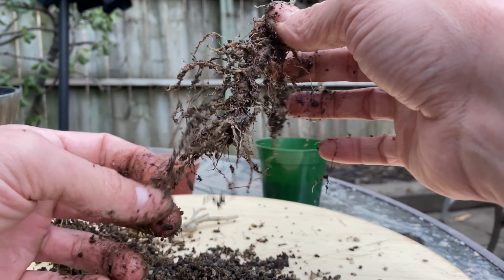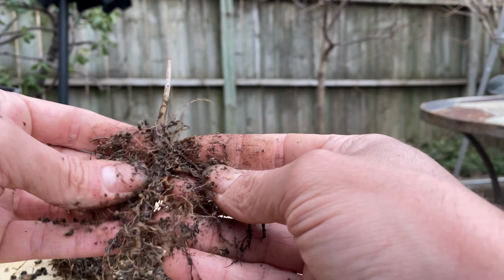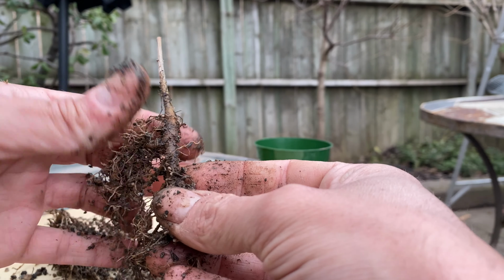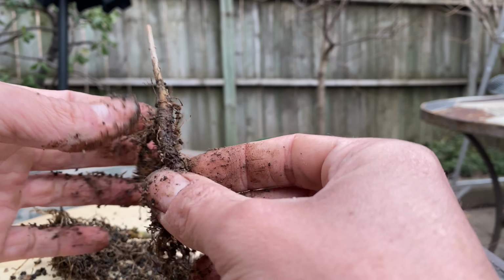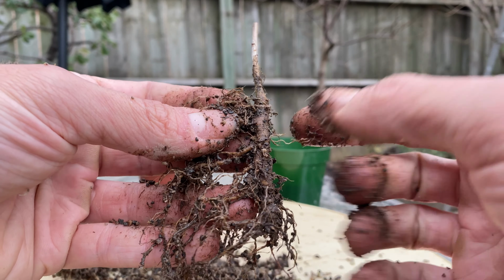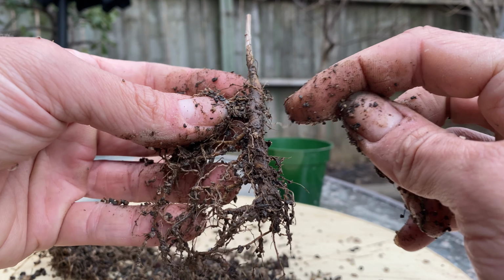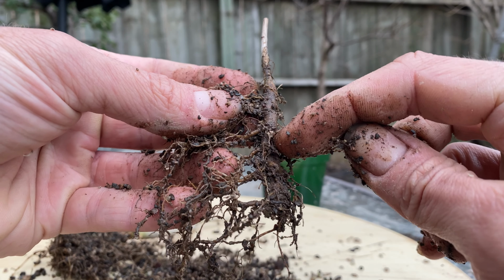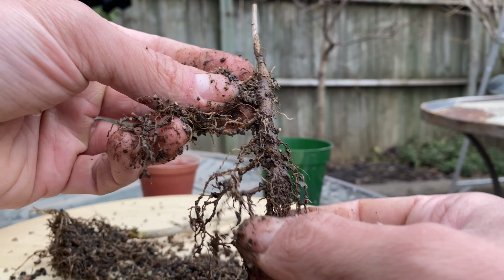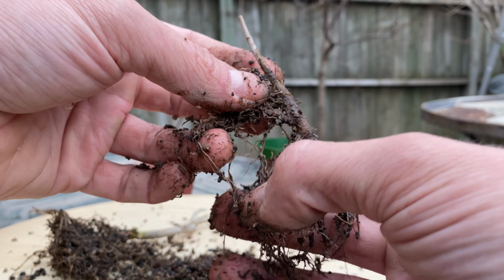Wow, okay, that had a lot more roots than I was expecting. Really have no idea what this thing is. But I think you can see here, it thickens up. I should clean it off first. It thickens up, and then that's really thick, and then it gets thin again down here. Kind of comes to a point. Bunch of good branches coming off of it, but I think I'm going to